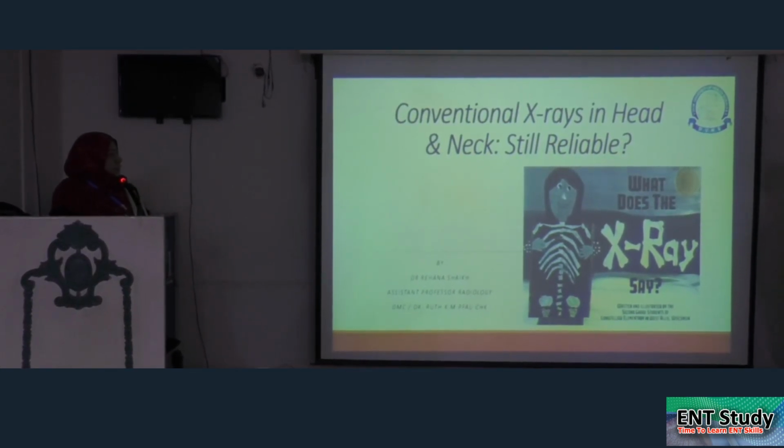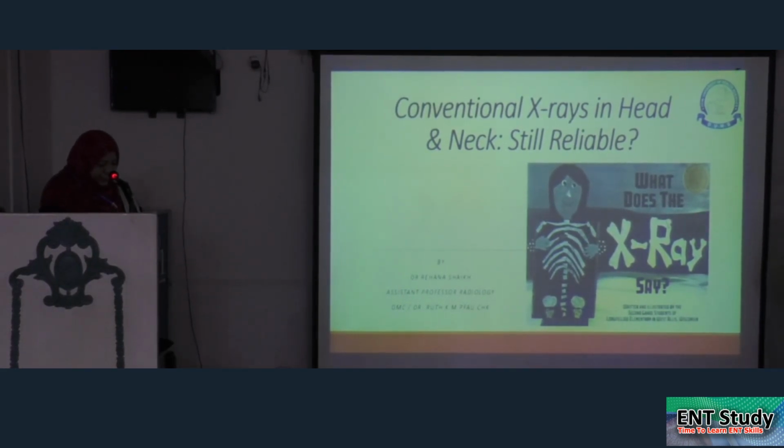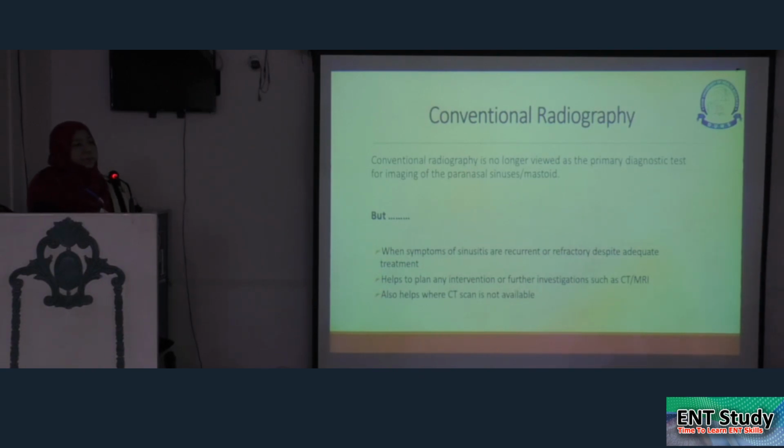Today's topic is conventional X-ray in the head and neck. Still, they are reliable. They help the patient in management. Conventional radiography is no longer used as a primary diagnostic test for imaging of the paranasal sinus or the mastoid. But it is helpful in certain situations, like when the symptoms of sinusitis are recurrent or refractory despite adequate treatment, helps to plan any intervention for further investigation like the CT or the MRI, and it also helps where CT scan is not available, especially in the